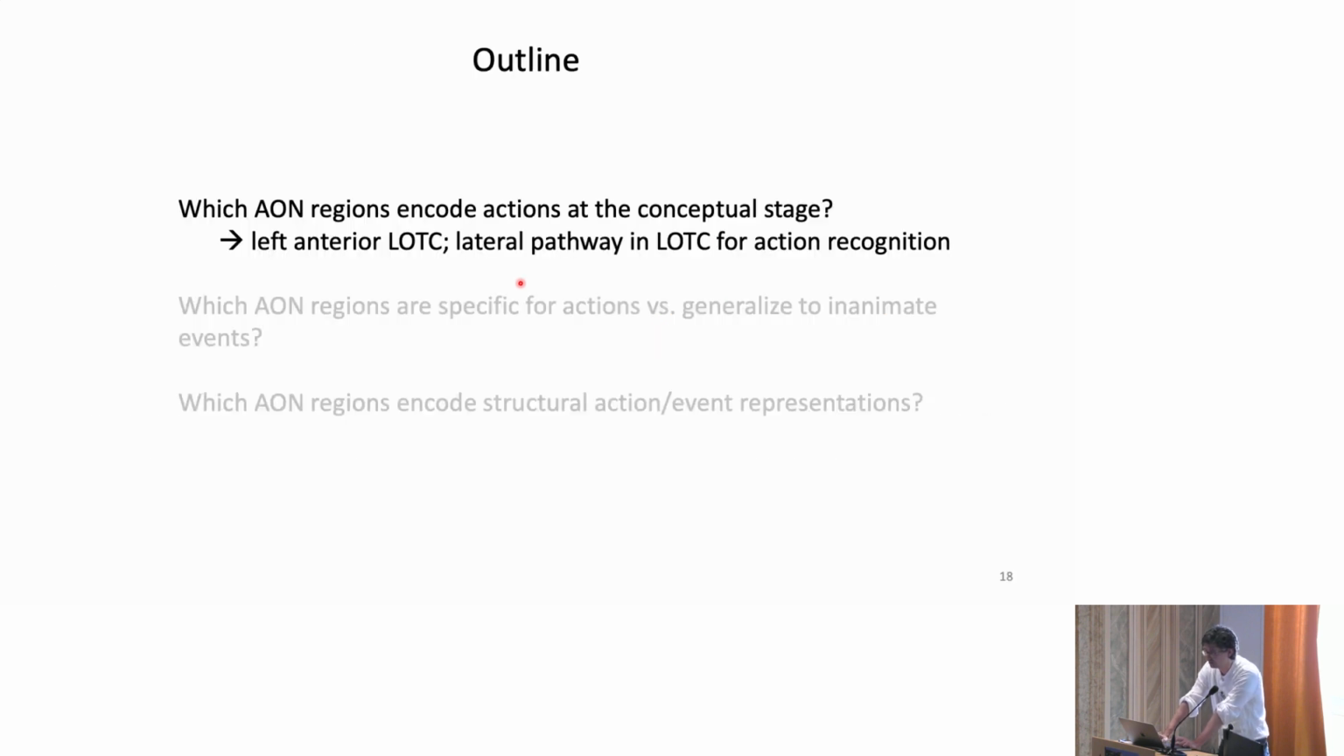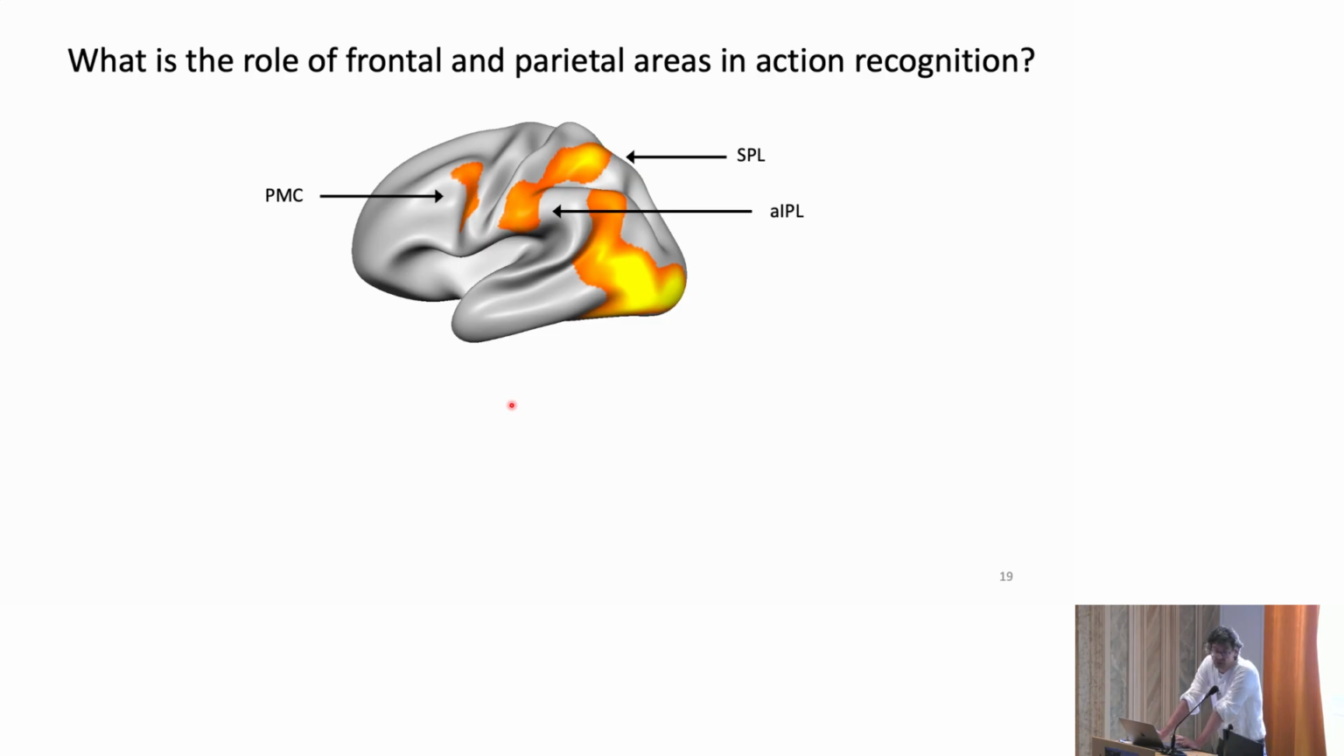So to conclude the first part, left anterior LOTC encodes the conceptual stage in action recognition, and this is the final stage of this pathway from conceptual representations in the LOTC. So I think it's a nice model, but now what are then the frontal and parietal cortex doing in action